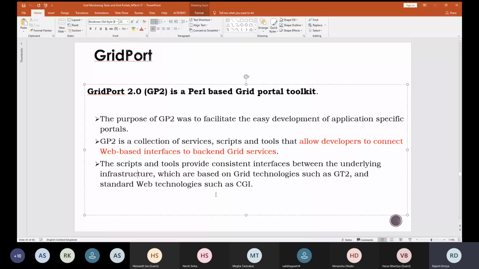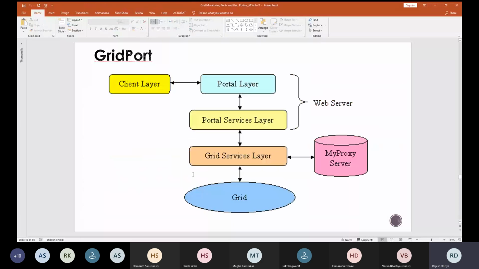So this is how the Grid Port looks. Again, there is a client layer which is generally used by all the client applications to access the grid portals. And in the second tier, the portal services have been divided into two layers. The first one is called the portal layer, and the other one is called the portal services layer. And all these things are generally managed by the web server.